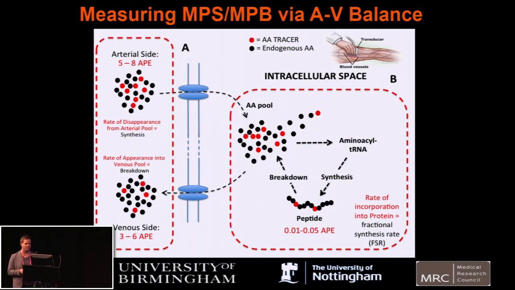and nutrition-related studies. What you can see here is the differences in label: the amino acid tracer in red and the endogenous amino acid in black. Essentially, if you infuse this into a vein, it gets into the AV pool. Then these amino acids will reach a tissue, for example skeletal muscle. They'll transport into the muscle through the amino acid transporters, equilibrate with the intracellular pool, and eventually these tracer amino acids behave exactly the same as the endogenous ones,